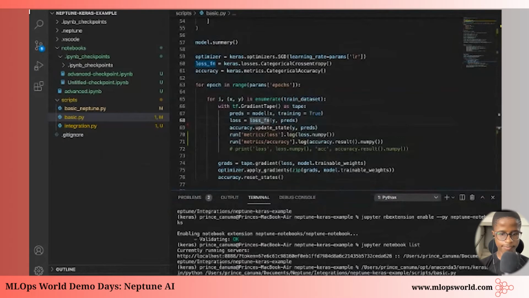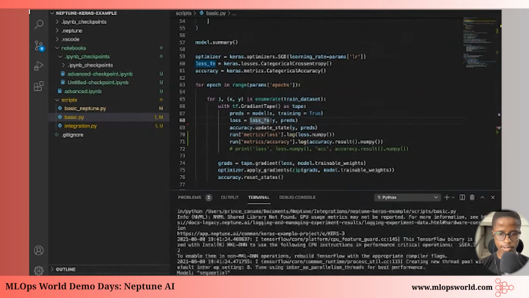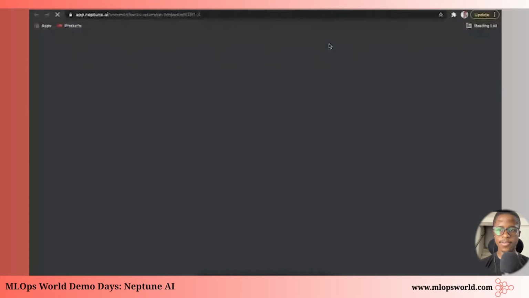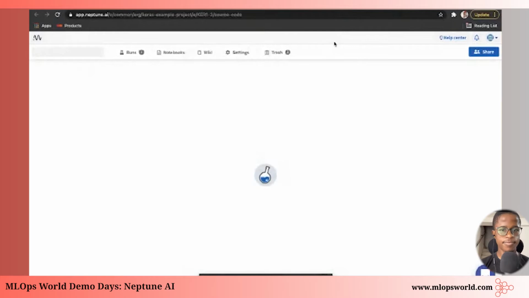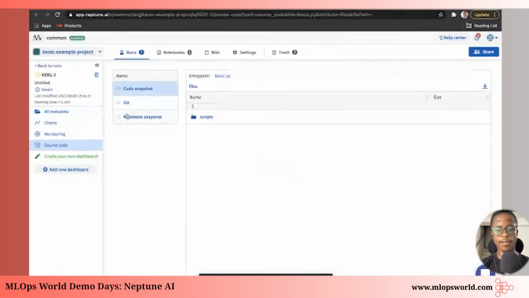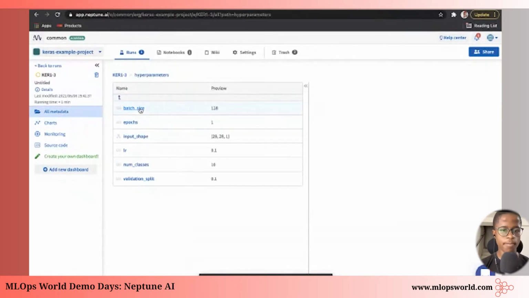Give it a minute. There we go. So you'll see there is a link here. If you click on that link and open it, it's gonna open the dashboard. There we are. So now we can look at all the metadata that we tracked so far. We have our hyperparameters. They are here, nicely displayed. And now here we have our metrics, and it's gonna have a structure. So inside you'll have your loss,